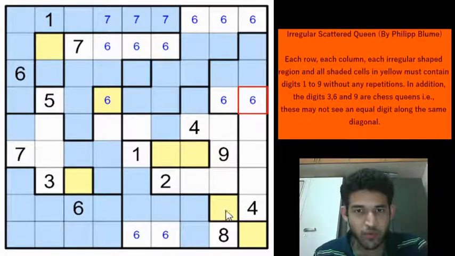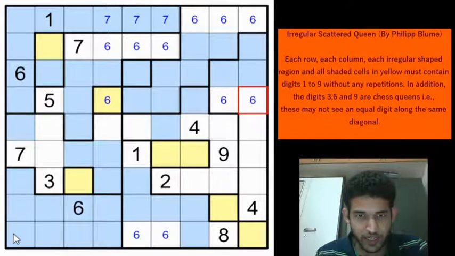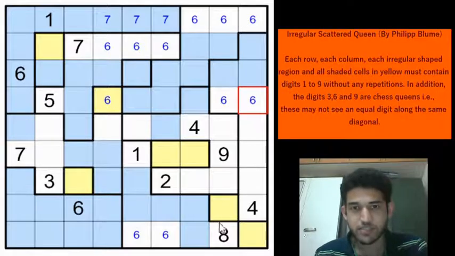Right, we'll use some of the irregular property to proceed a little bit. Here if you look at rows 8 and 9, we see that there are 2 irregular shaped regions inside those, right? Rows 8 and 9, and 3 cells are going outside from those regions, that is row 7 column 1, row 6 column 5 and row 7 column 5. These 3 cells are going outside. So there is a property called in-out in irregular Sudokus. Whatever cells go out from an imaginary line drawn between some rows, those cells will exactly be compensated by the same digits. So I will explain this property using a different grid.